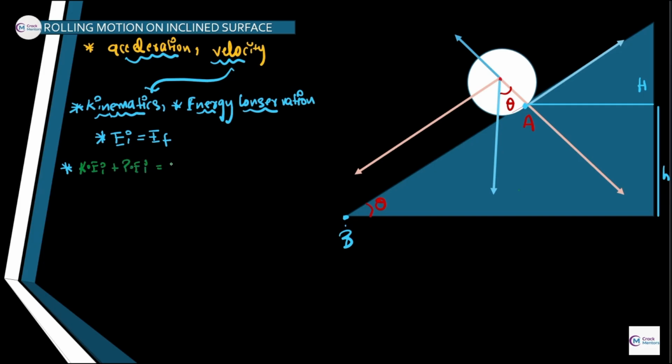Now, what is the initial kinetic energy that we are having? Kinetic energy initial is nothing but, if it is moving with initial velocity 0, I have assumed it. There is no mandatory requirement that it would be 0. It can be anything else as well. So go by energy conservation and get your proper answer.